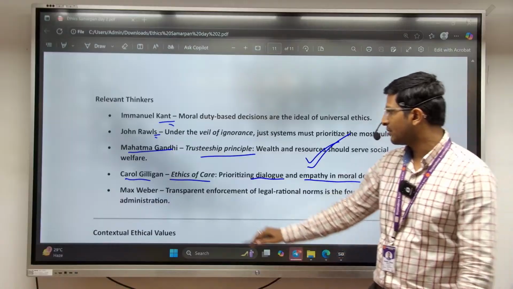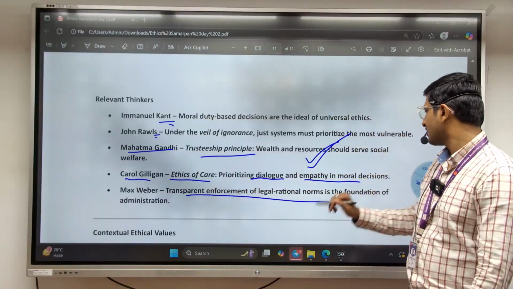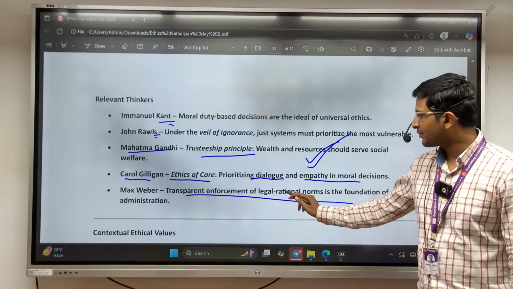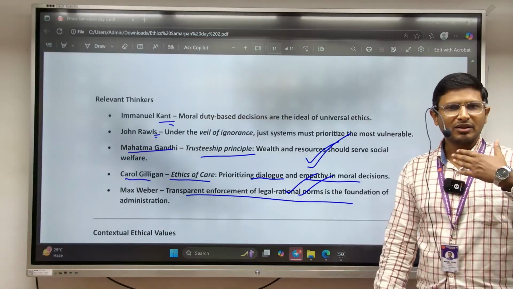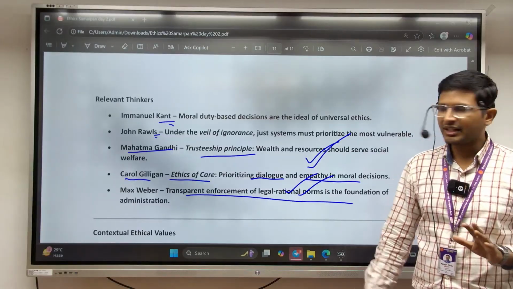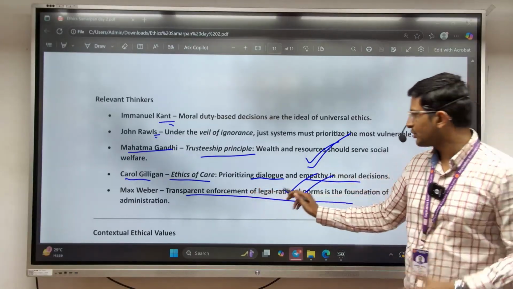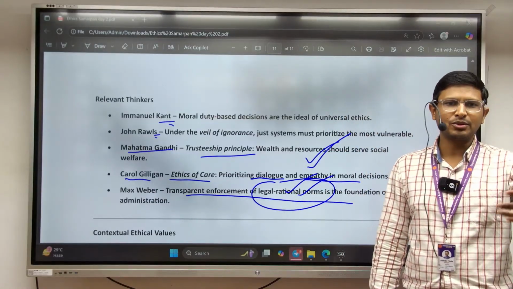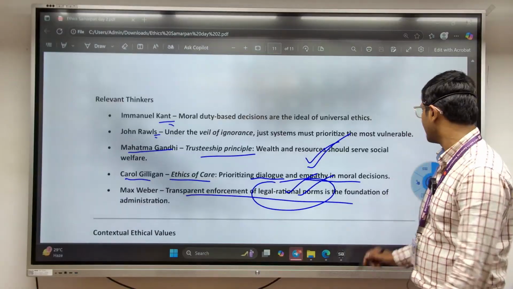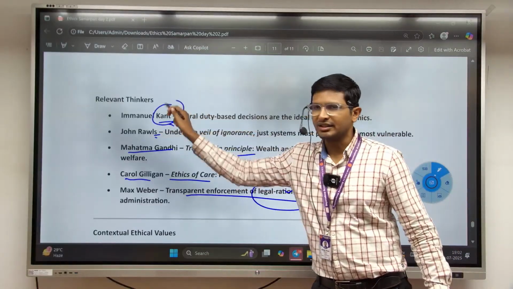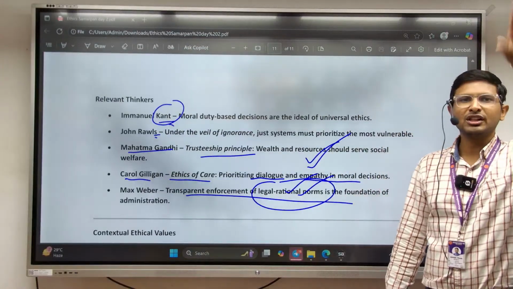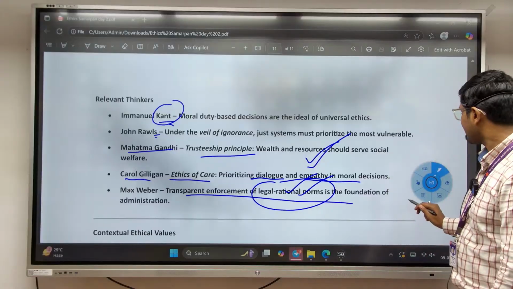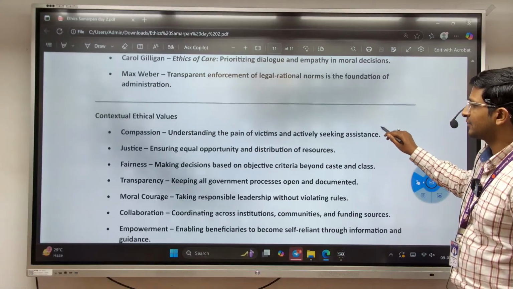prioritizing dialogue and empathy in the moral decision; Max Weber, transparent enforcement of legal rational norms in the foundation administration। So we ensured the transparency also, and he asked for legal rational norms, following the rules and regulations, but here Max Weber cannot be completely true, because you cannot just focus on rationality here, you have to have values or ethics here, cannot be completely rational, or we cannot completely follow even Kant here, who says follow your duty, don't think about the consequences। Here we have to think about the consequences।